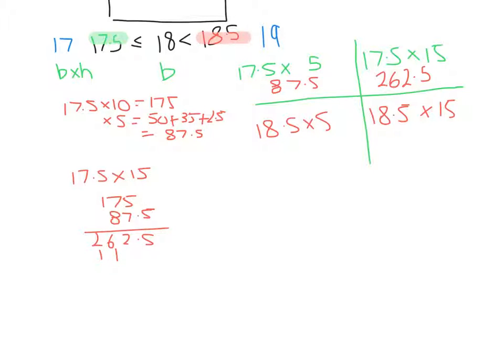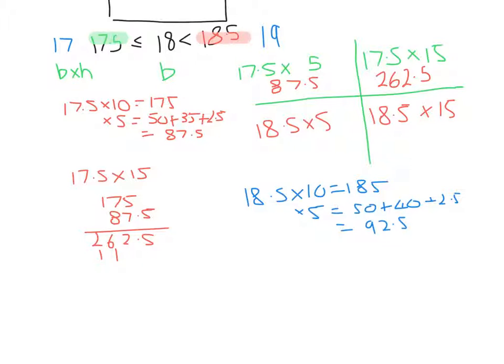I've also got 18.5 times 5. 18.5 times 10 is 185. If I want just times 5, I need to halve that. Half of 100 is 50, half of 80 is 40, half of 5 is 2.5. So altogether that's going to be 92.5. And then the last one is 18.5 times 15, which, like earlier, is the addition of the ones above. So you've got 185, add 92.5,